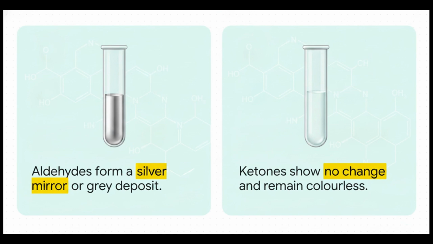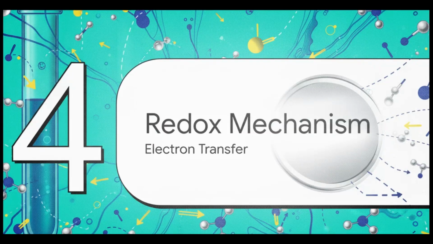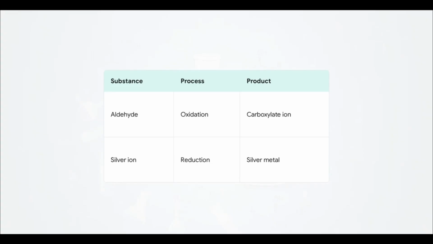The solution stays completely colorless and no mirror forms. Which brings us to section 4, the redox mechanism, electron transfer. This perfectly illustrates the true chemical heartbeat of the entire experiment, because inside that tube, we've got 2 things happening